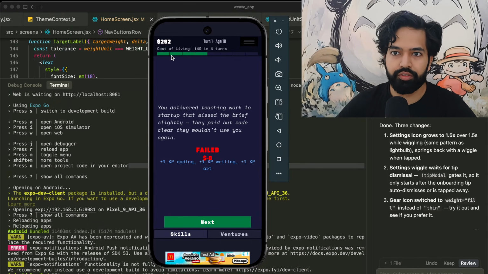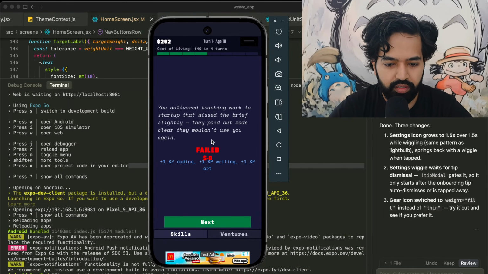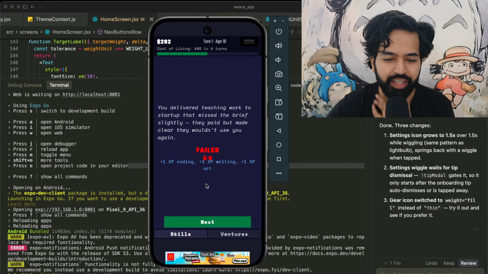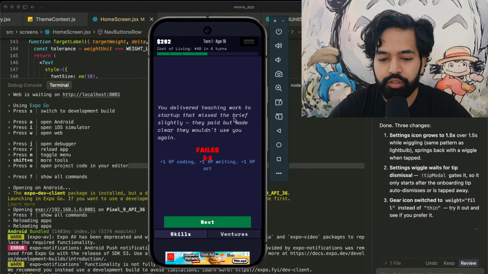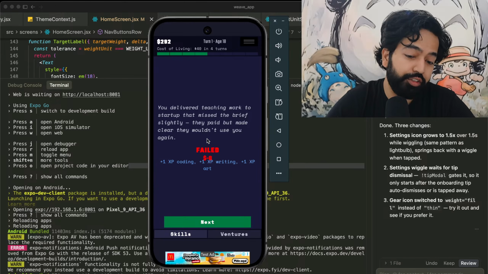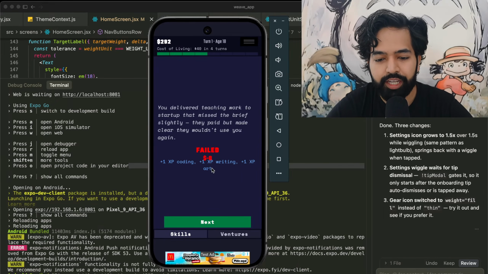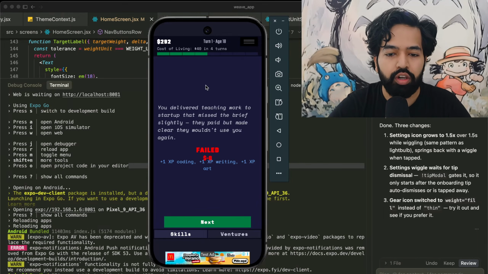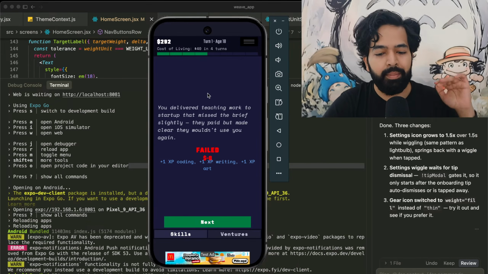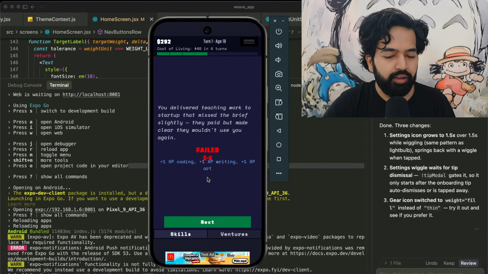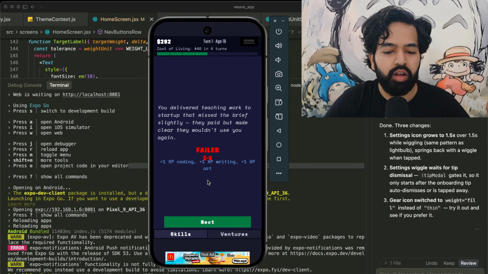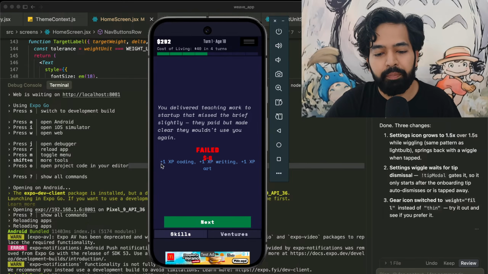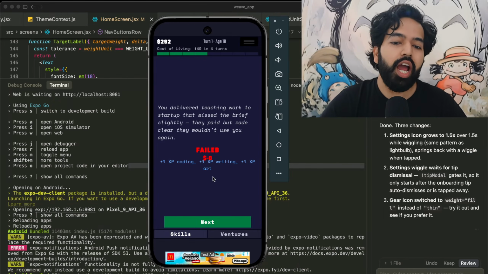Oh my god, there's a mosquito in this room. Plus 1 XP coding, plus 1 XP writing, plus 1 XP art. And maybe I've played too many RPGs, but honestly I'm kind of liking this so far. I'm making a lot of assumptions of how it's going to do things well, which it just might not at all. But having these 3 XP things makes me think there's a system for tracking XP in different things. Which action you choose now also has the added thing of, maybe one option gives me slightly less expected value, but it will help me accumulate coding experience, which will over time increase my expected value for coding